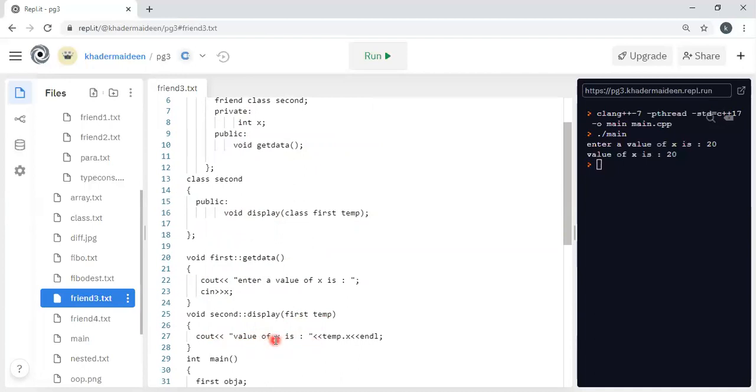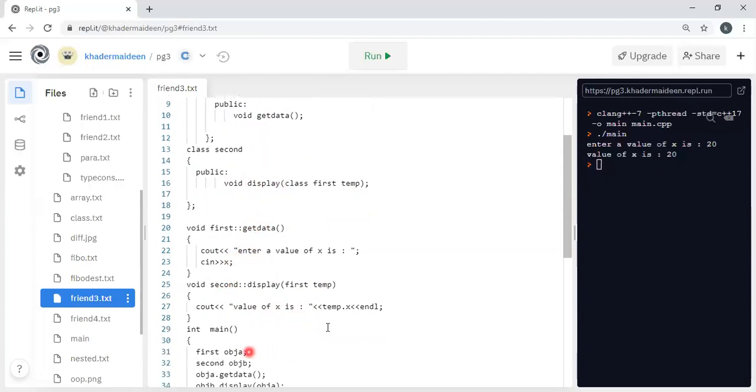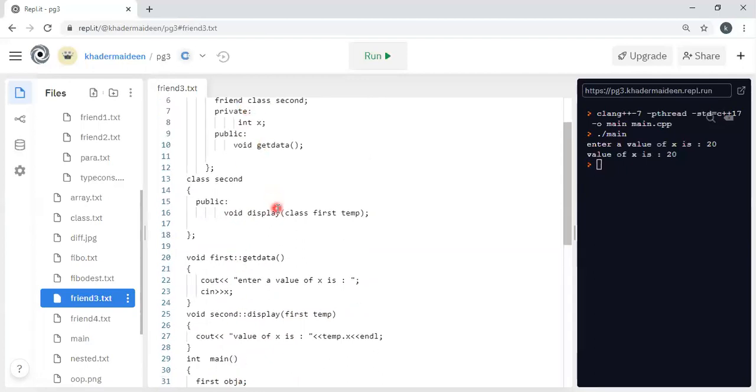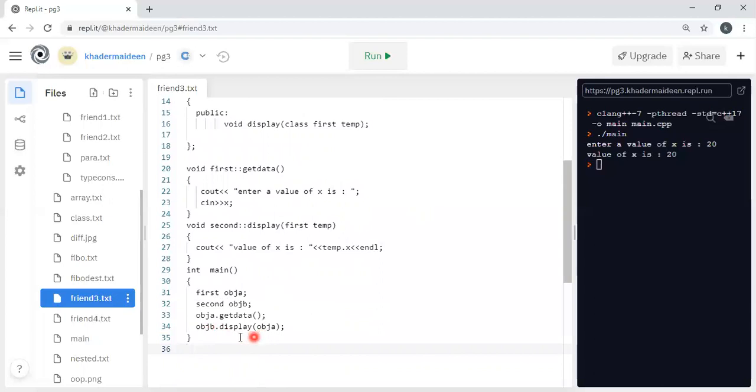This x is a data member of class first, and this data member can be accessed by the member function of the class second. Then object A is for class first and object B is for class second. Object A dot get data means we read the value x. Then object B dot display, we display that value in the class second.